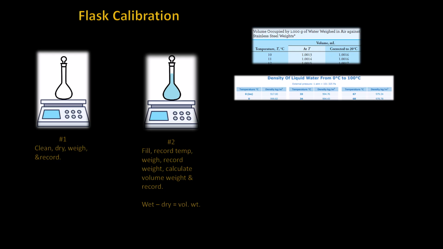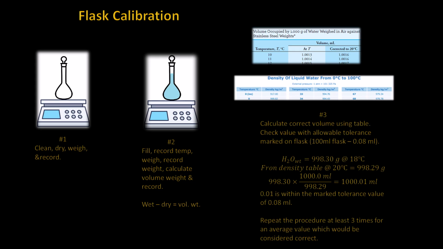Using the difference marked on the container versus the actual, it can be used to compare the tolerance value in milliliters. For example, the determined weight of water at 18 degrees centigrade is 998.39 grams. From the density table, the listed value at 20 degrees centigrade is 998.29 grams per liter. Using the previous formula, the 998.30 grams multiplied by 1,000 milliliters divided by the 998.29 grams per liter will equal 1,000.01